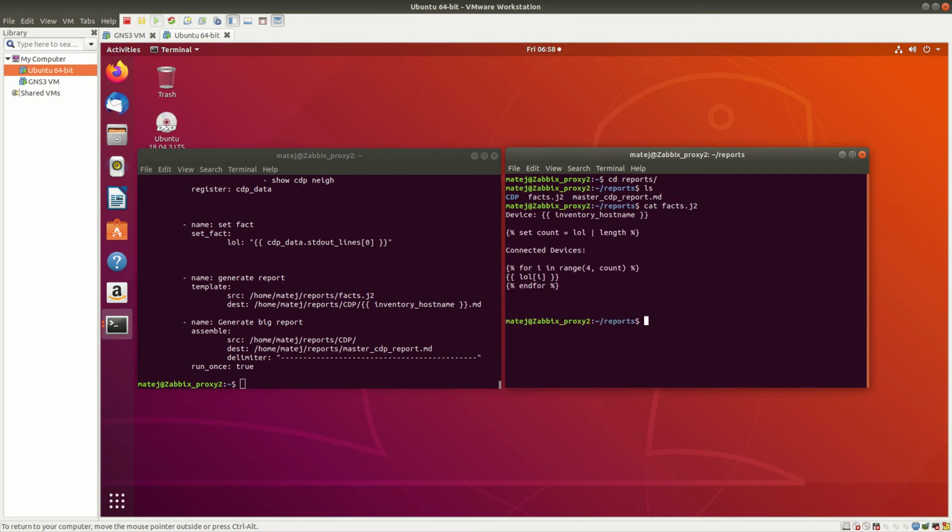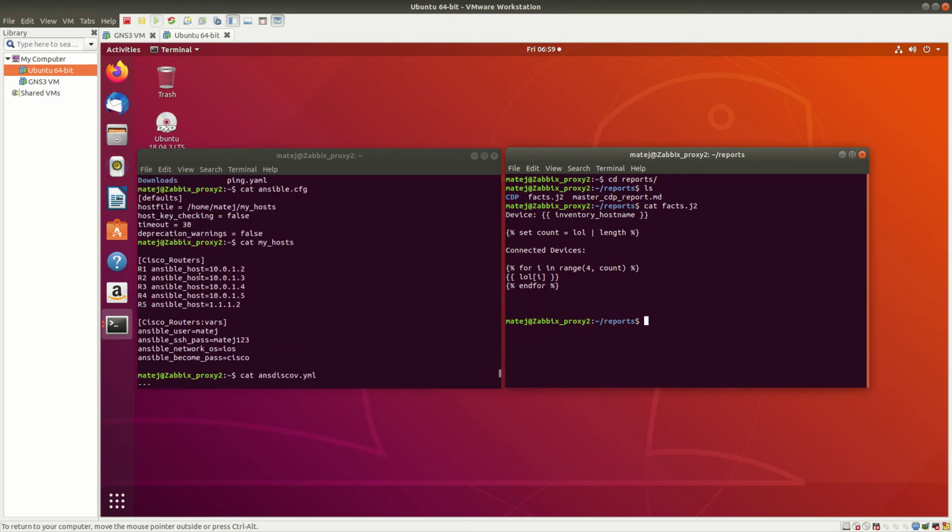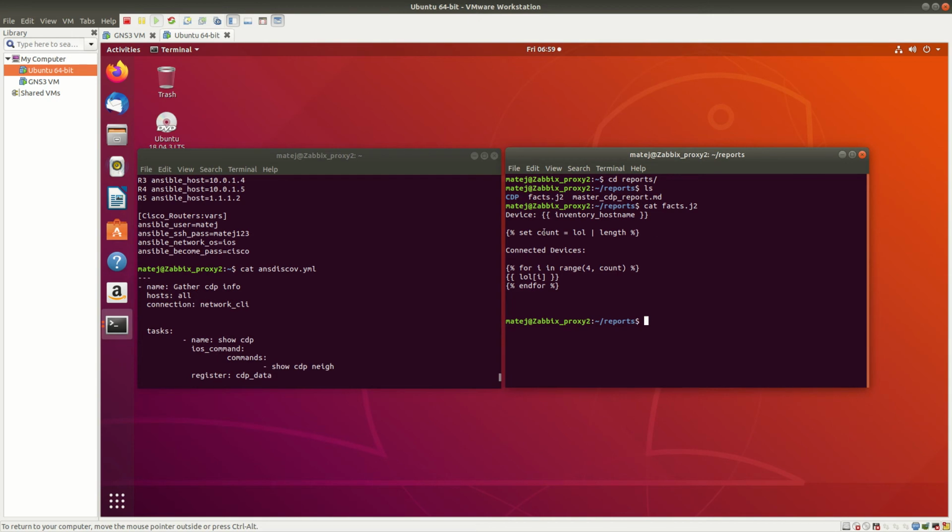Okay, it will look like this. In the first line we will have device, and then the keyword inventory hostname. It is automatically replaced with the name of the device from our host file. You remember we have R1, R2, so those names will be placed there. Then we are setting a variable which will be equal to